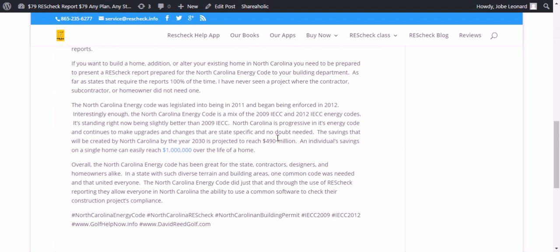The North Carolina Energy Code was legislated into being in 2011 and began being enforced in 2012. Interestingly enough, the North Carolina Energy Code is a mix of 2009 IECC and 2012 IECC energy codes. It's standing right now being slightly better than the 2009 IECC. North Carolina is progressive in its energy code and continues to make upgrades and changes that are state-specific and no